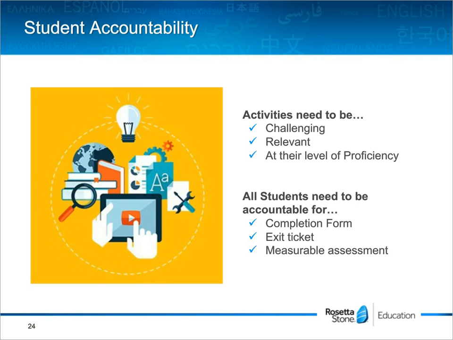And then as they complete the work and you come around and listen to what they have to do, or look at any writing that they did, or there's just a number of ways that you can check their work. You sign their paper, or you can use a stamp and stamp it. You can also give them an exit ticket, and the measurable assessment would be the performance-based assessment at the end of the unit, whether it be a speaking assessment, a reading, a writing, a listening, or all of the above.